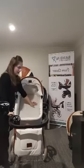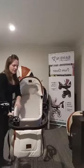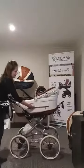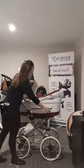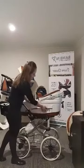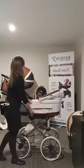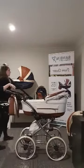And so that's the interior done. On the exterior, if I just swing it back round for you, on the exterior of the York we do have these little storage pockets. So you can see they're kind of like a design feature, but they have a zip on them just here, so you can put small items of storage in there. So to put the hood up,